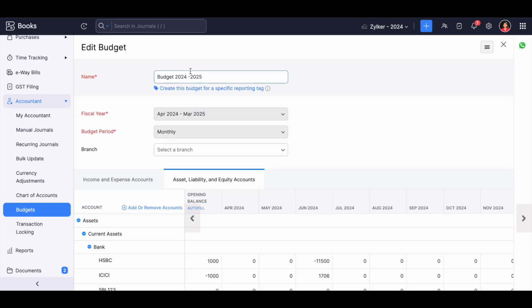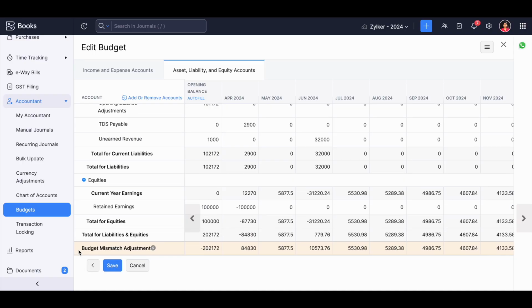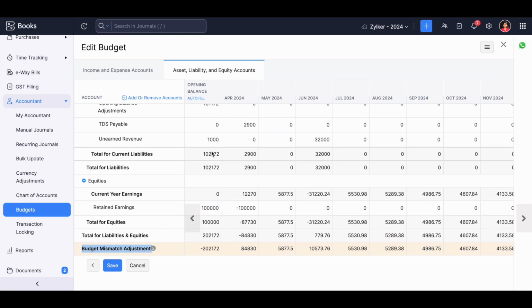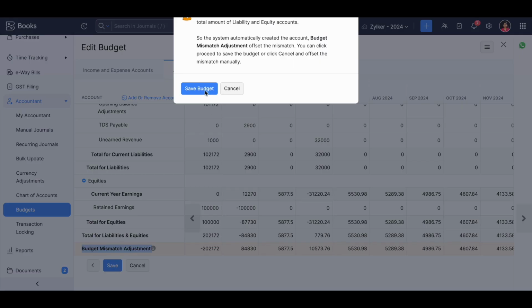Here under the asset, liability and equity account tab, you will find an account called budget mismatch account. The budget mismatch adjustment account is an equity type of account. This will come into play when the total asset value is not equal to the total liability and equity value. So once you save this,